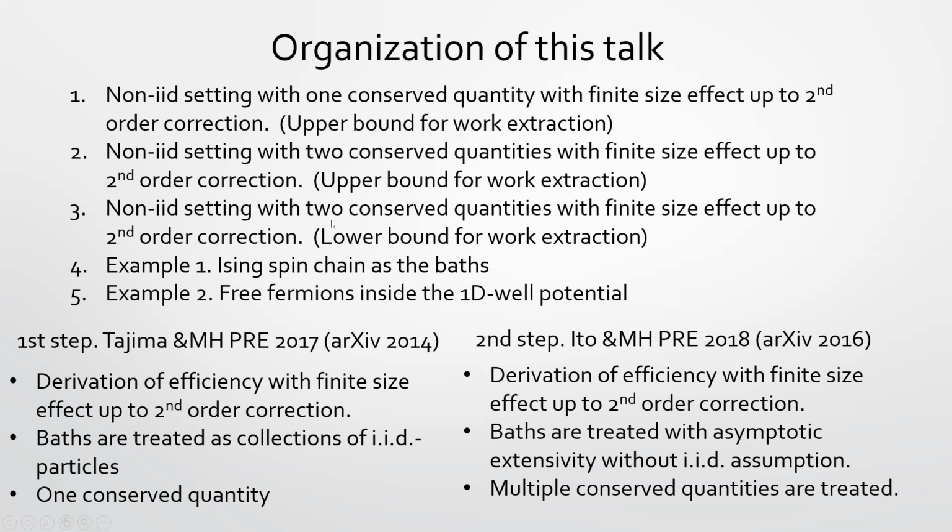Of course, if we discuss the details, it is maybe quite difficult, but we will skip that detailed part. And also, I explain some applications. One is the Ising spin chain, a one-dimensional spin chain. This one is not the iid case. This is a correlated one-dimensional spin chain. In the classical sense, this one can be considered a Markov chain. So this is an interesting example for a non-iid setting.